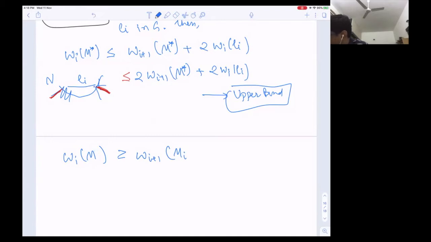Not even M star, I'm sorry, M_i. Forget about M star; all we need is M_i. I was creating this M_i greedily. When I create it greedily, why did I not add edge e_i? Because there were some edges incident to it which were added, because e_i is part of the stack. So either way, the weight of M_i is w_{i+1} of